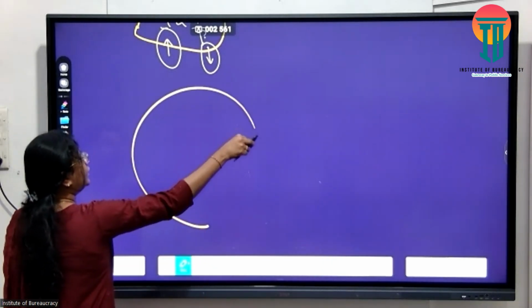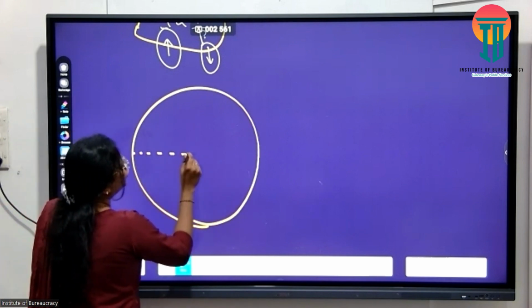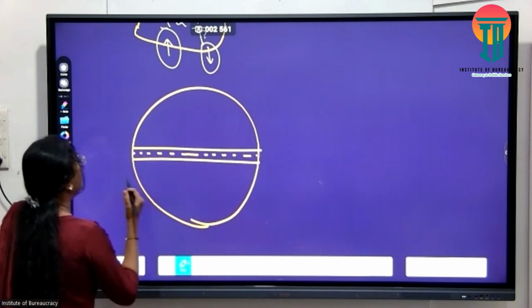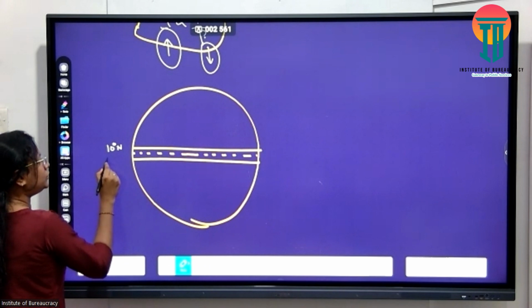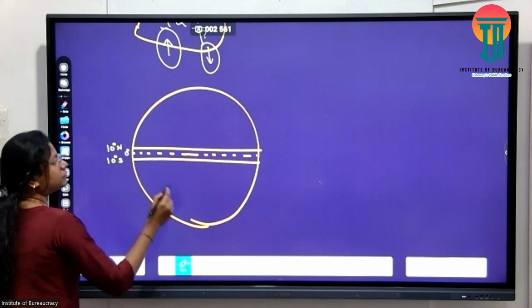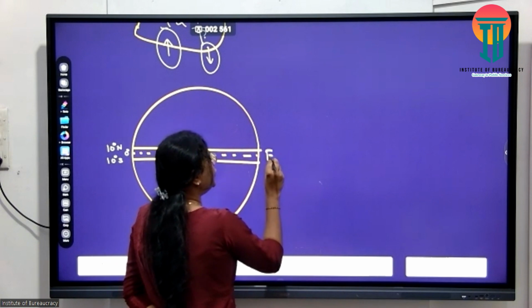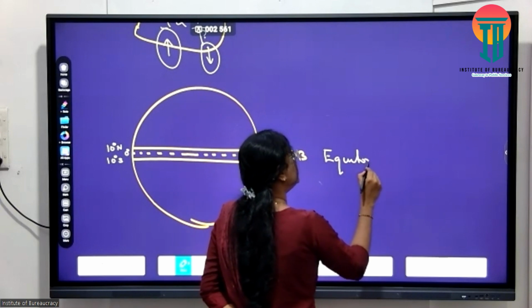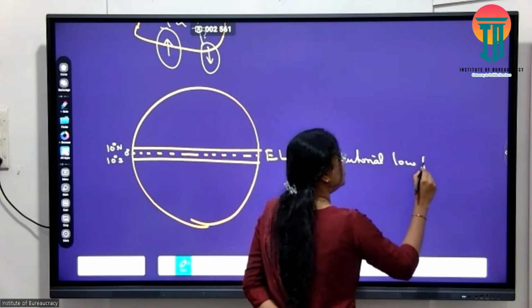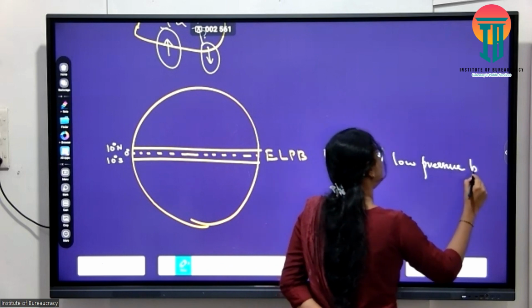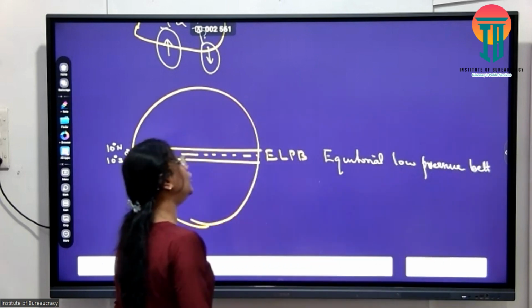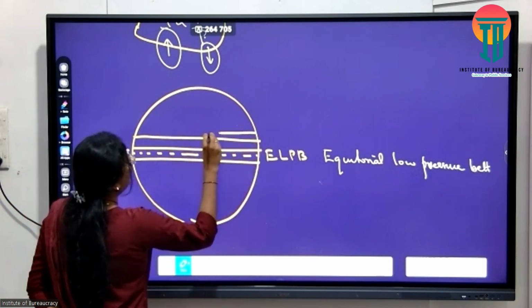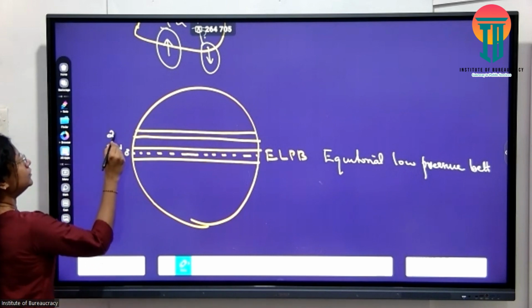So when I discuss the entire earth, in and around your equatorial region, that is 10 degrees north to 10 degrees south, this pressure belt is known as the equatorial low pressure belt. Equatorial low pressure belt, and at a latitude of 25 to 35,